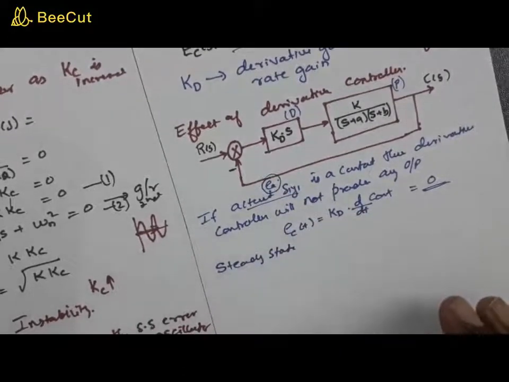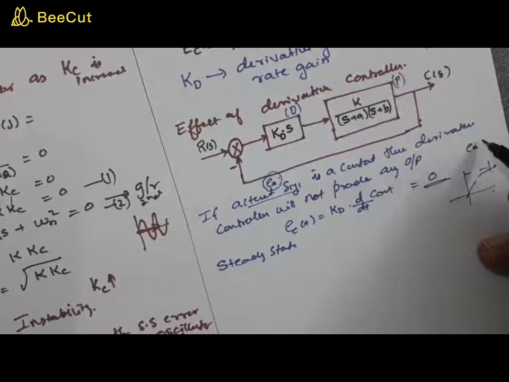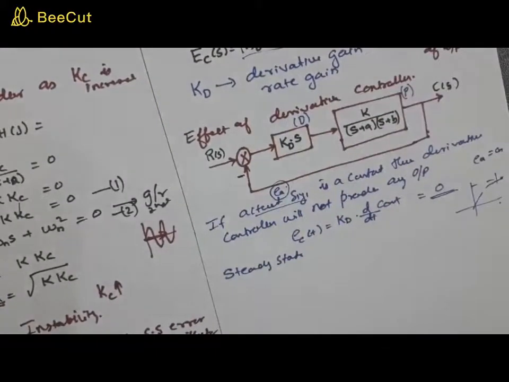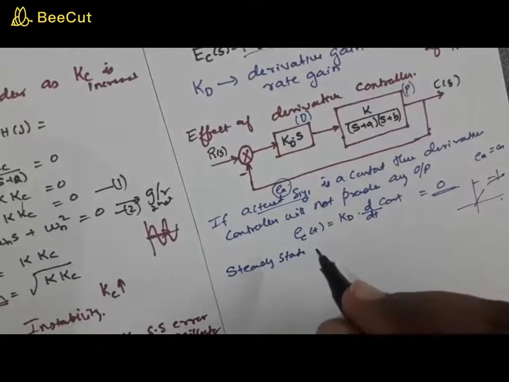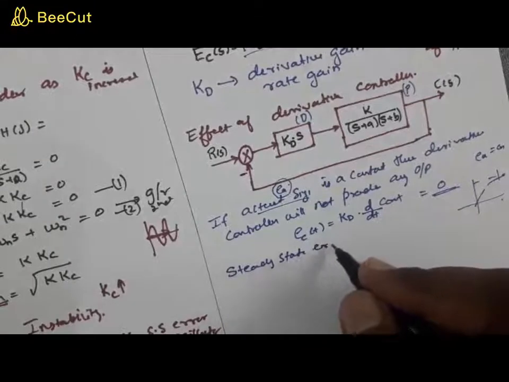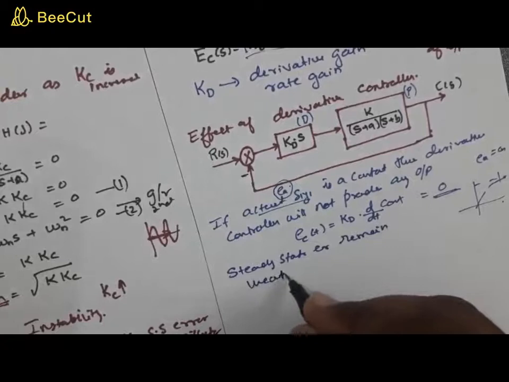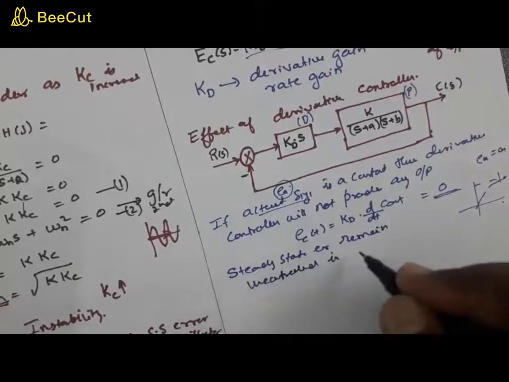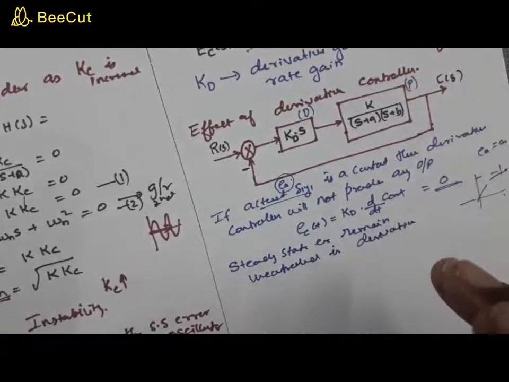See, once a system reaches the steady state, what is the meaning of steady state? Now no longer is the error going to change. So the error is going to be a constant. That is, the actuating signal is going to be constant. That is, the steady state error remains uncontrolled in the derivative control, because derivative control always